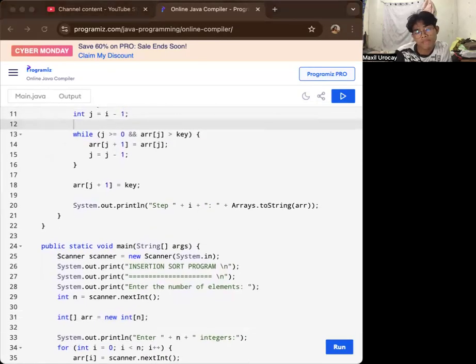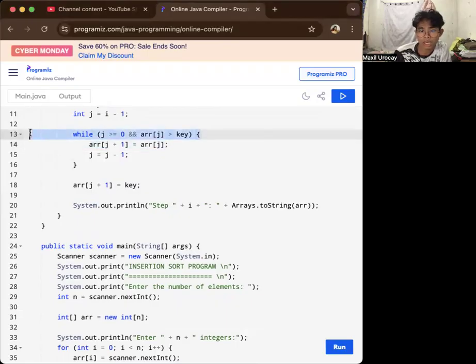Now, next is while j is greater than or equal to 0 and array[j] is greater than key. That inner loop shifts elements in the sorted portion of the array to the right.